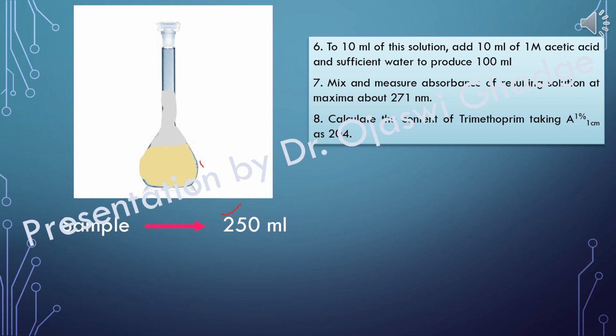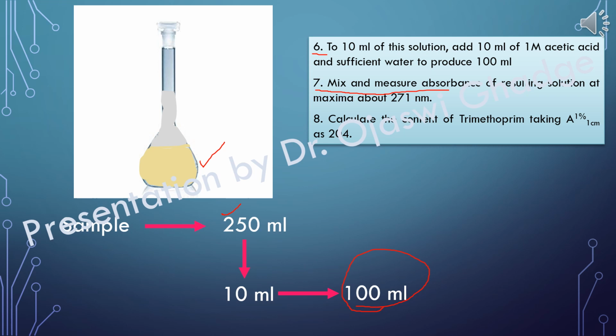Now in this 250 ml flask our sample is present. As per step number 6, we have to withdraw 10 ml from this 250 ml flask, add 10 ml of acetic acid into it, and then make up the volume to 100 ml with sufficient distilled water. Then we have to measure the absorbance of this solution at the lambda max of trimethoprim, that is at 271